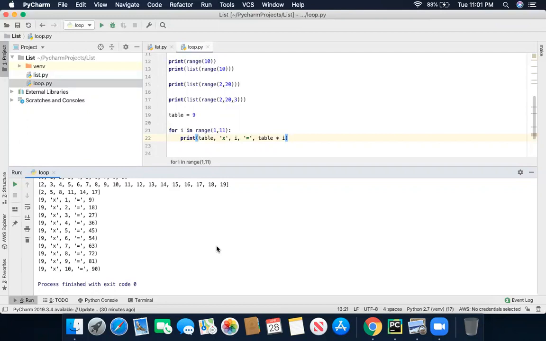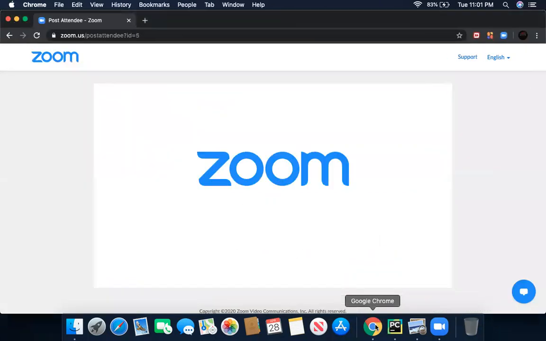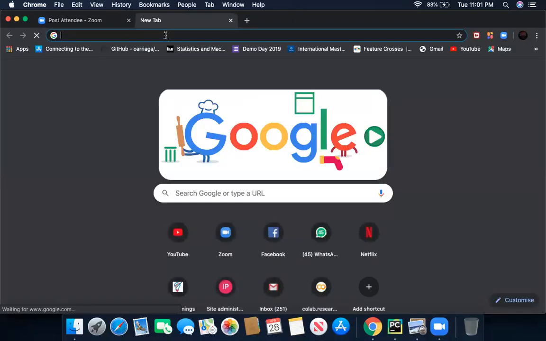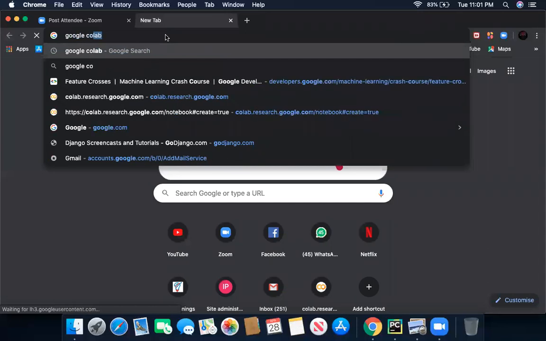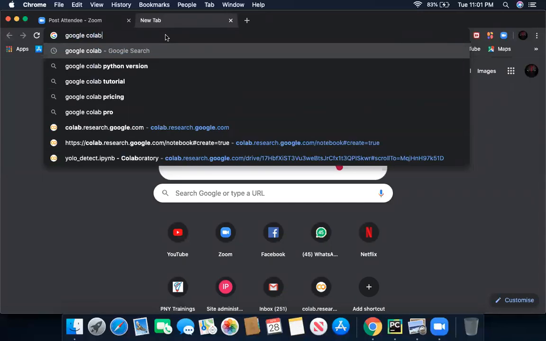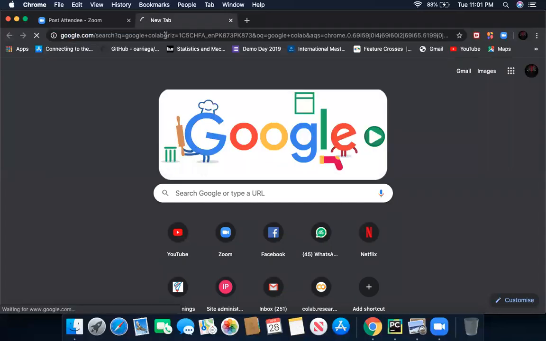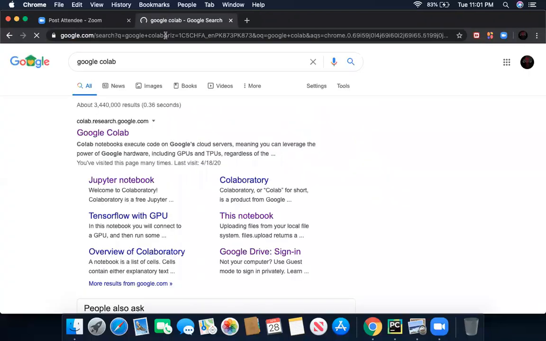Okay, good to go. So open your Google Chrome. Here we have Google Colab, as we had done before.